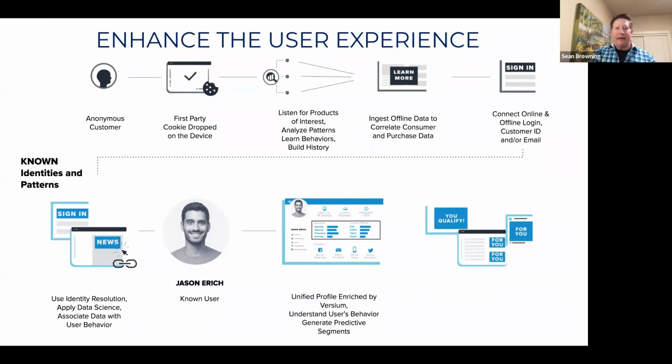But as we have the behavioral data, if someone's looking at cars, then we could serve those car ads. But if we enrich the data with additional attributes, then the Versium icon comes up here on the next click. And now we have the additional details coming in to really understand more about that person's interest and more detail about them. So if you click the next thing, the icon comes up.